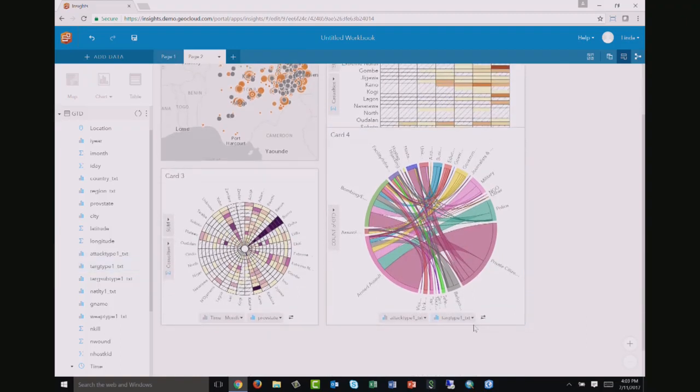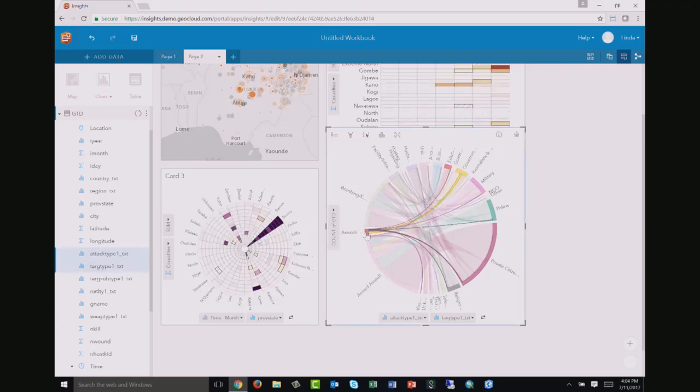targets and attack types. So if we take something like assassination, if I click on the arc of this chord diagram, we can see, and remember, this has all been calculated behind the scenes, we can see that the number of events is largest against government officials. So now we know that the government officials are the ones that have the most assassinations. Or we could flip the question around. If I work for the government,